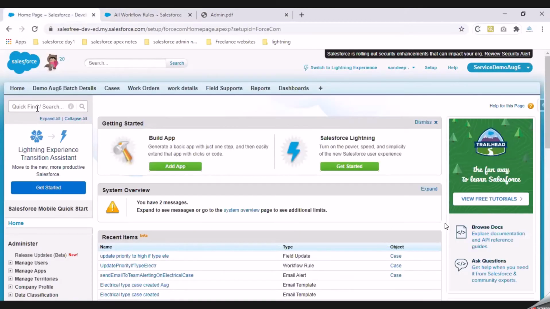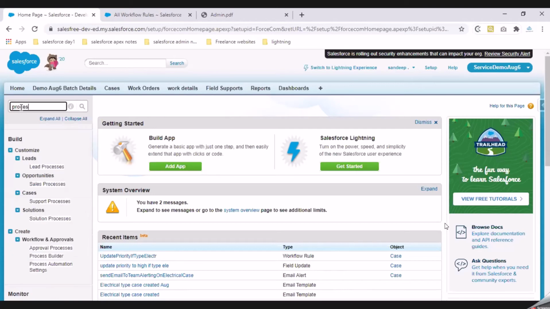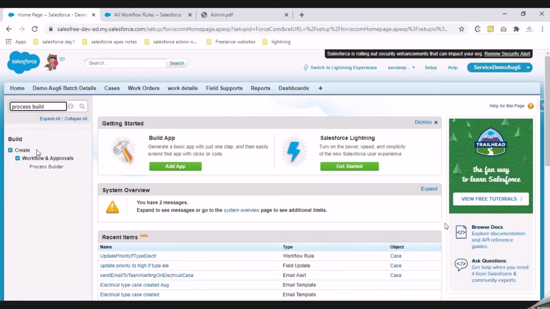Now I'll quickly click on setup, and once I'm on the setup home page, I'll search for process builder. You will find process builder just below your workflow rules. If you ask me to repeat that path, it is under Build, Create, Workflow Rules and Approvals.